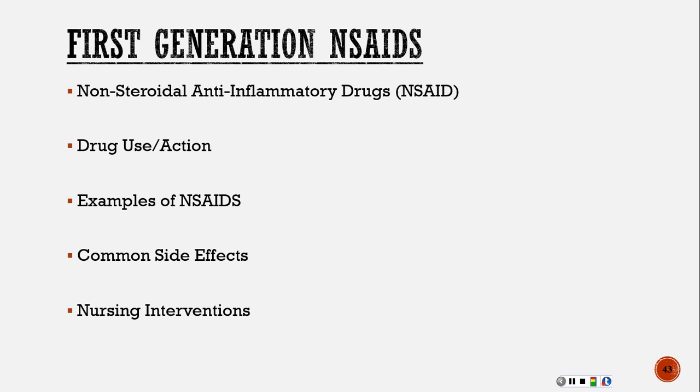Teach them not to take the NSAIDs if they're drowsy. And also beware of alcohol consumption in conjunction with NSAIDs. They're at risk for the GI bleed. All right, now, commonly, as the disease progresses, or if the first generation NSAIDs don't work, they do have the